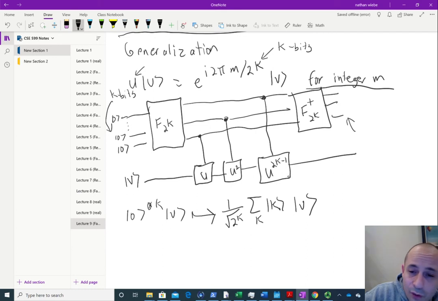Now, this over here is actually just the same exponentiation circuit that we had before. So this, acting under this phase block that we have up here, ends up yielding 1 over square root 2 to the k, sum over k,